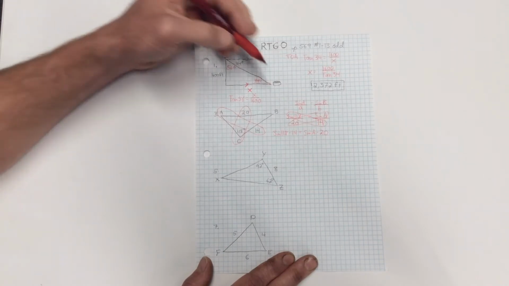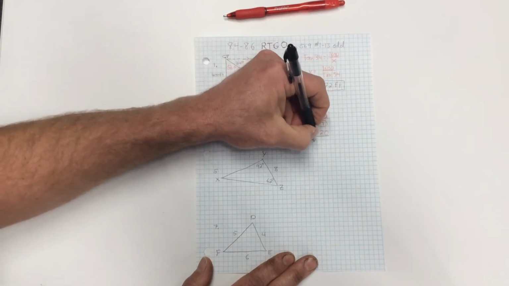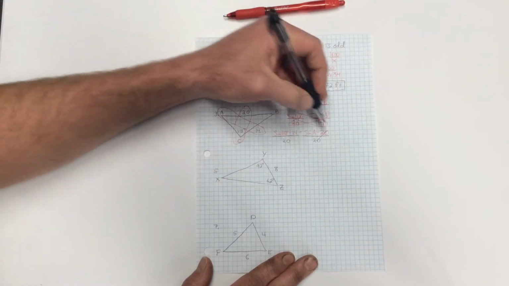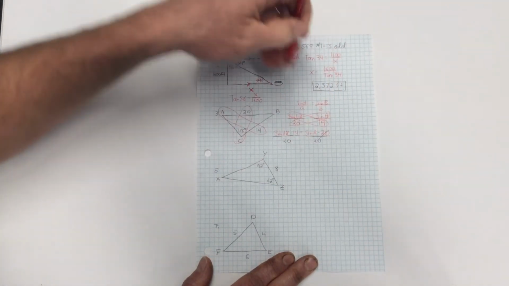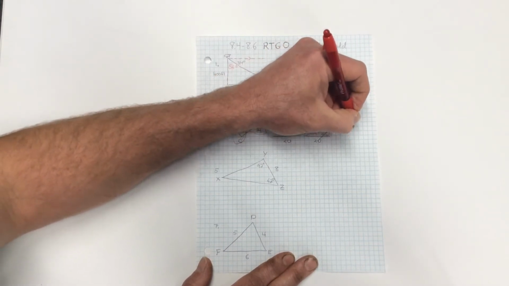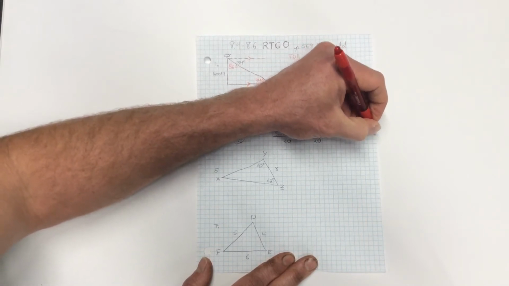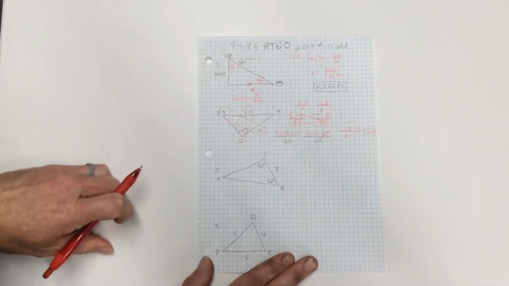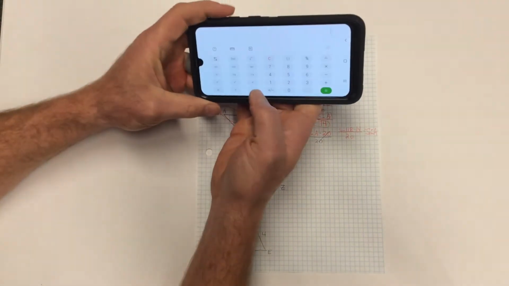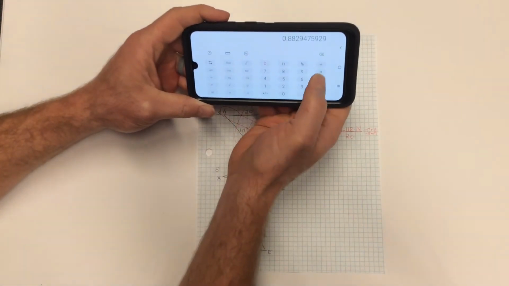Okay, and we'll calculate this in a second, but to get sine of A by itself, I'm going to switch colors to show this. We're going to divide by 20. Divide both sides by 20. And so sine of A is equal to sine of 118 times 14 over 20 equals sine A. Okay, so let's go ahead and calculate this and see what it looks like. So sine of 118, I'll do it real slow, times 14